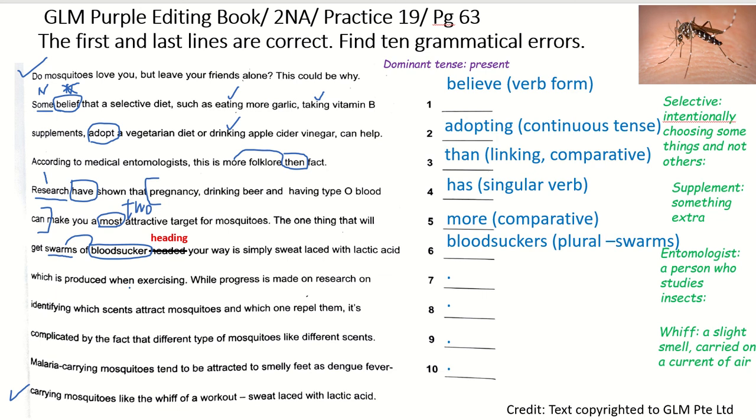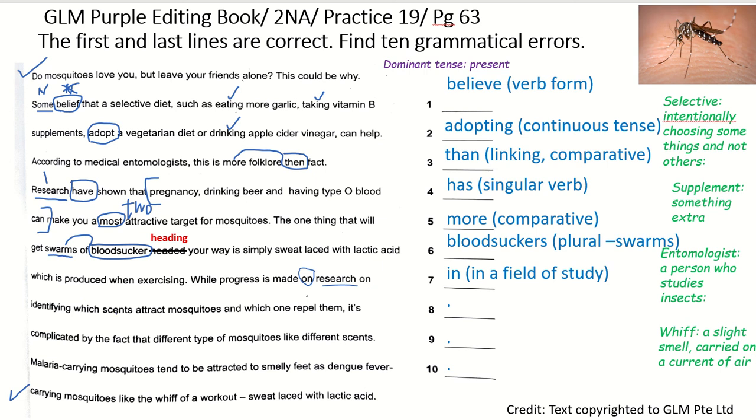which is produced when exercising, while progress is made on research. So here we are talking about research, so it should not be on. Okay, it should be in research. Okay, in a field of study. Okay, made in research